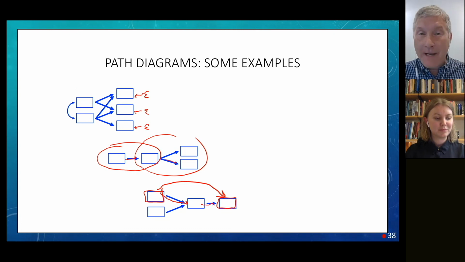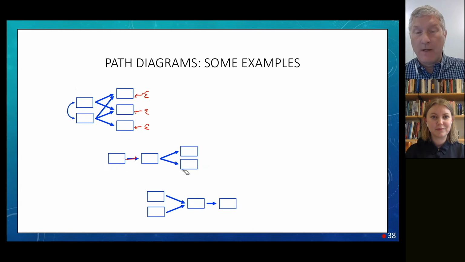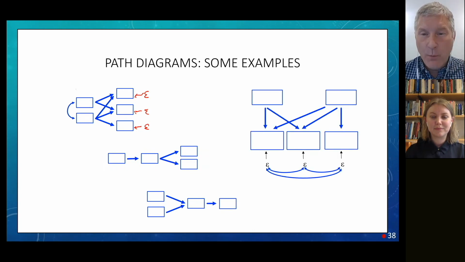And that's what you're doing. You're putting in the paths that you think represent processes that are operating, and you are leaving out or zeroing out those that you think have no theoretical basis. You're essentially putting restrictions on the system, and we'll say more about that. And things get even more fun. Oh my gosh, here's a picture that we are going to beat to death with you throughout our time together today. Here is one that says we have two independent variables, and there are names associated with them, as you will come to be more and more familiar with.